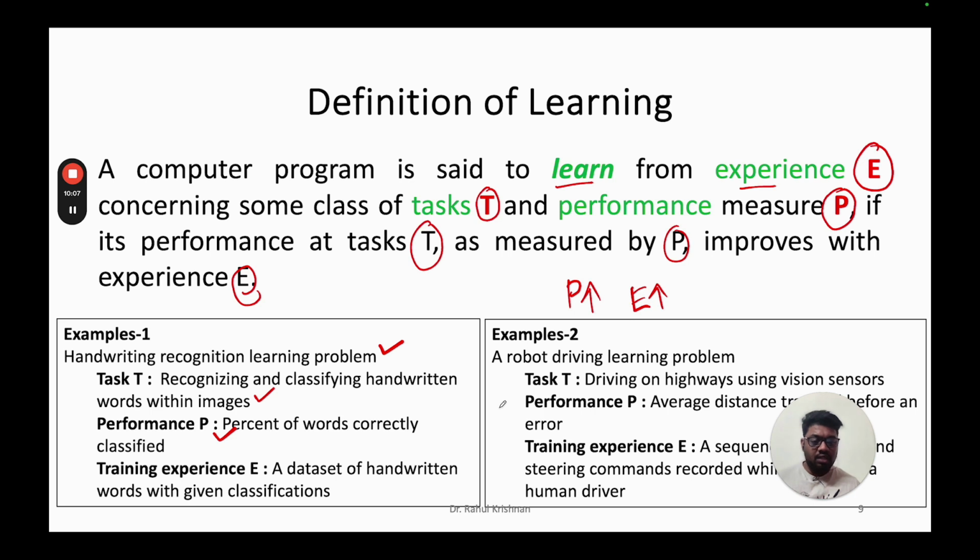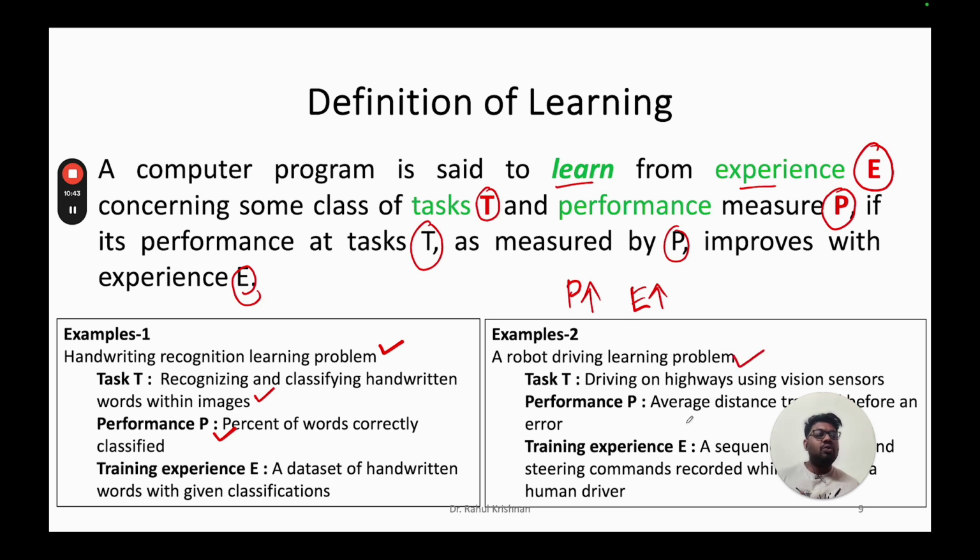And what is the experience here? The experience is a data set of handwritten words, a set of data with given classifications. So the more properly labeled data you get, the more you are experiencing it. While you are experiencing more and more data sets, your prediction capability keeps on increasing, so the P goes on increasing. Okay, so if you see the second example,